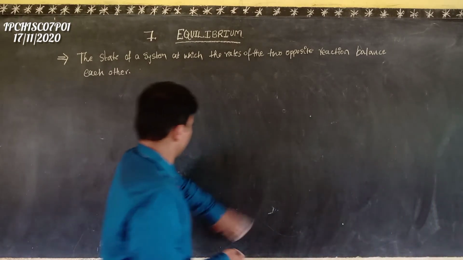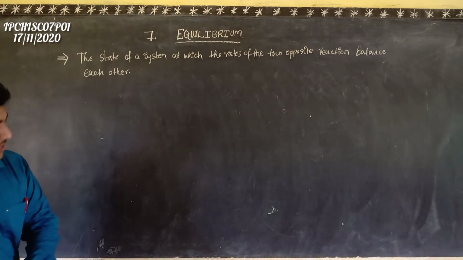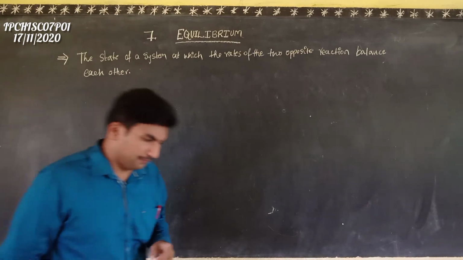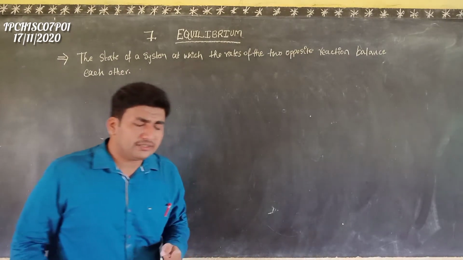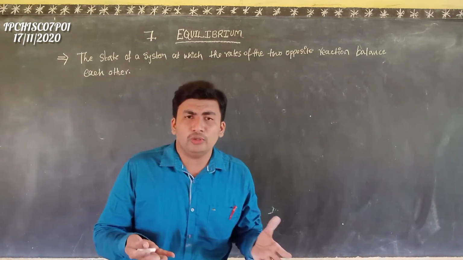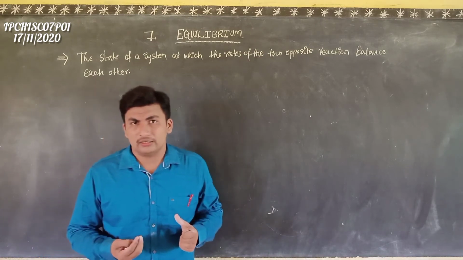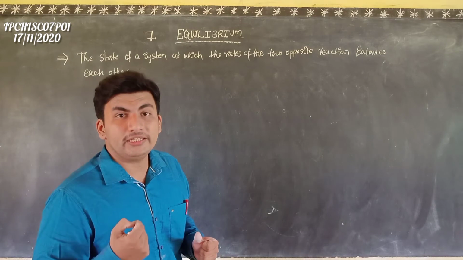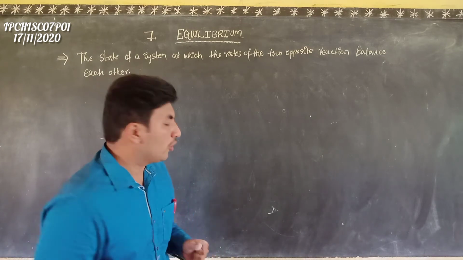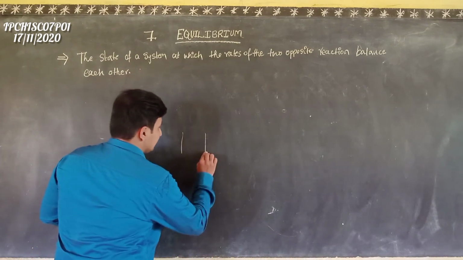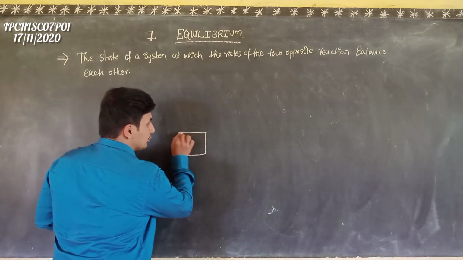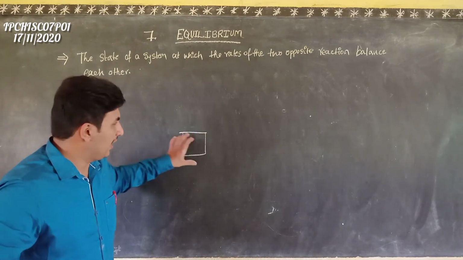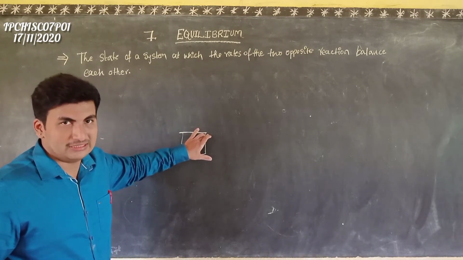See, equilibrium is the state of a system. If we consider any system, it will be closed or open. Equilibrium is observed only in a closed system. Closed system means the system is always closed. If you consider this beaker as a system, it will always be closed. Then only